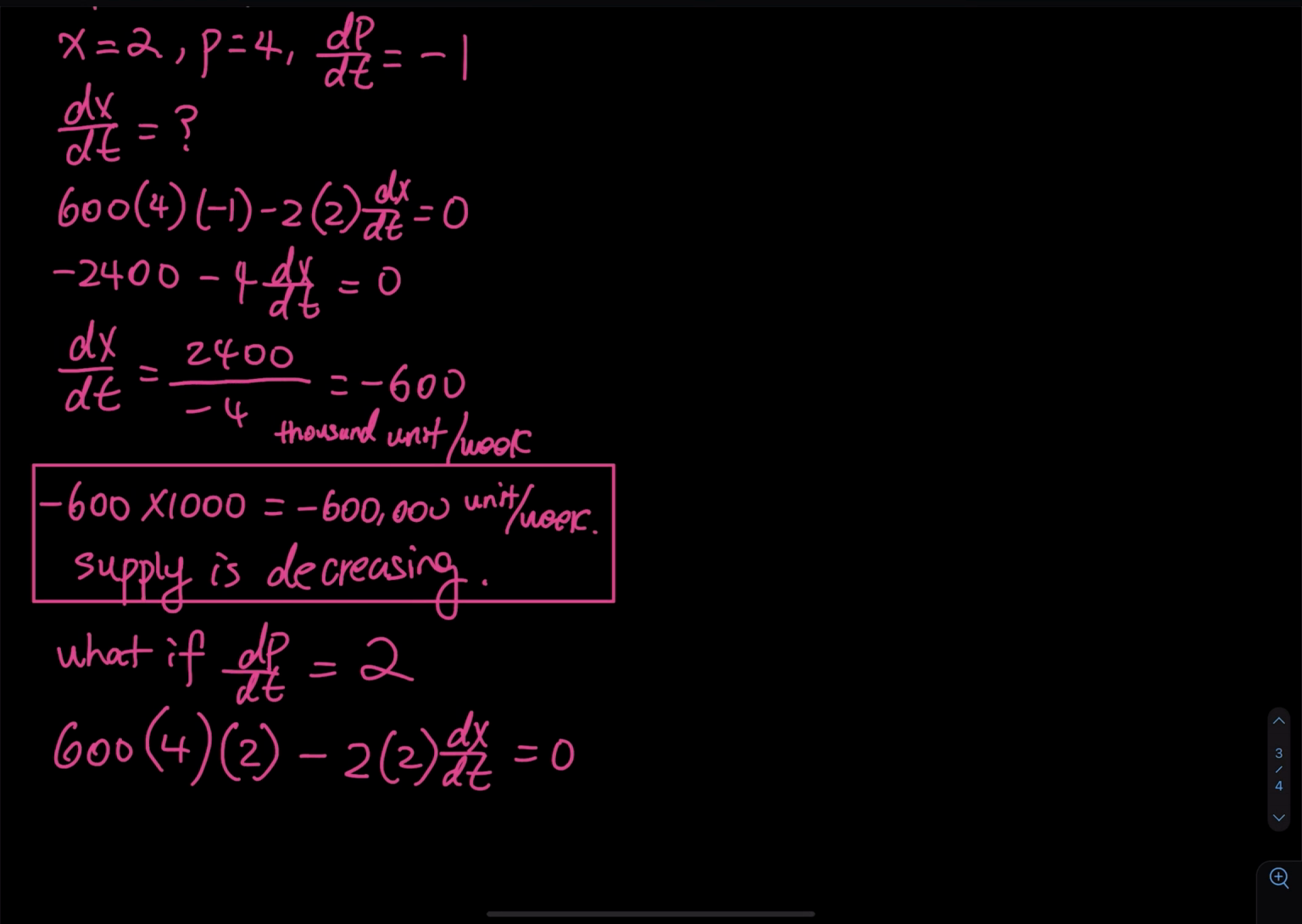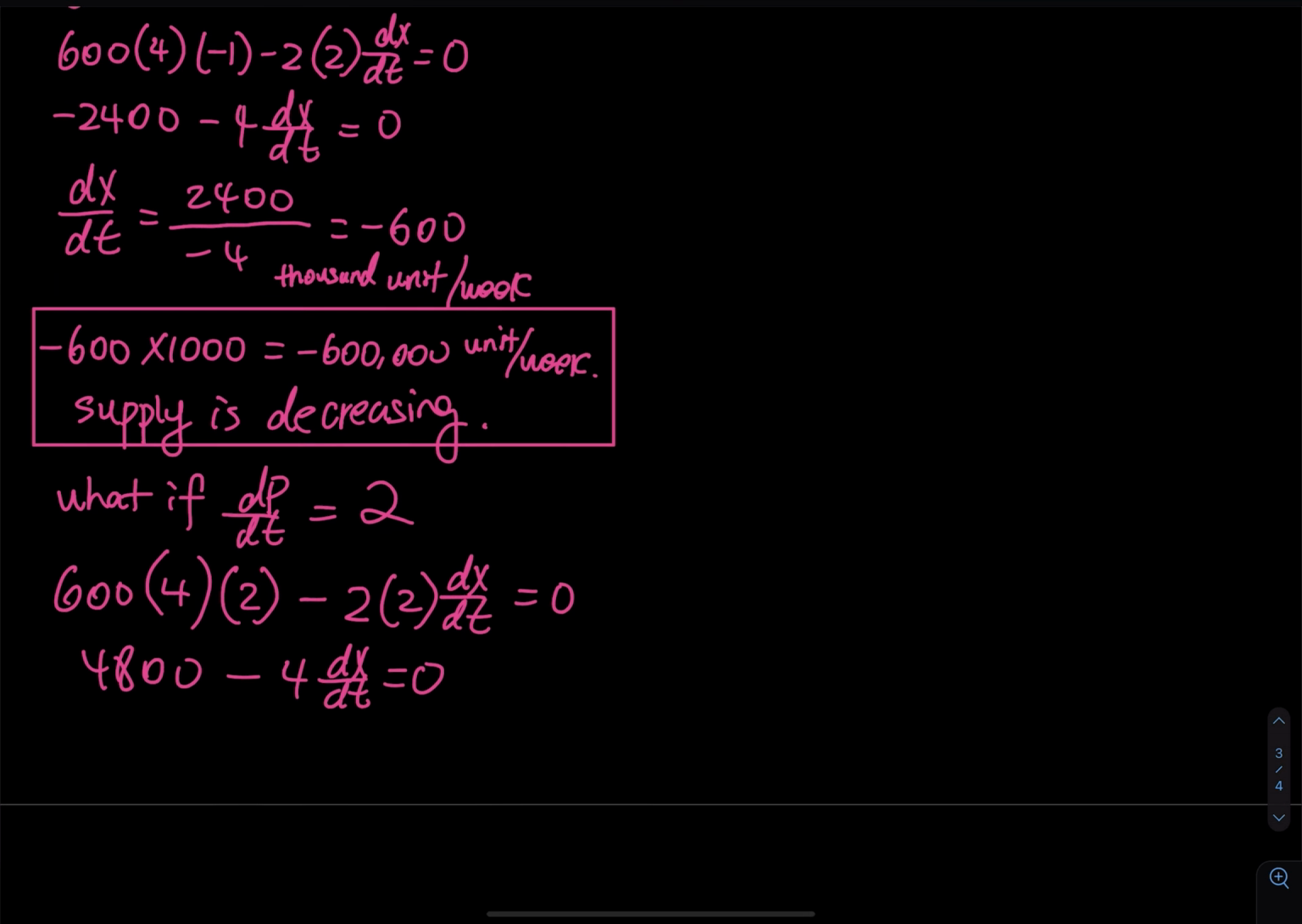And then we have a dx/dt. So that is equal to 0. So we have 600 times 8, so that is equal to 4,800, and then minus 4 dx/dt equals 0. So that means dx/dt is equal to negative 4,800 divided by negative 4. So you take that divided by negative 4, so you have a positive 1,200, and then this is in thousand